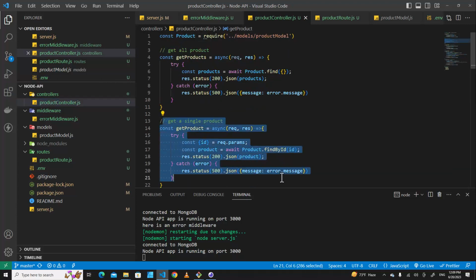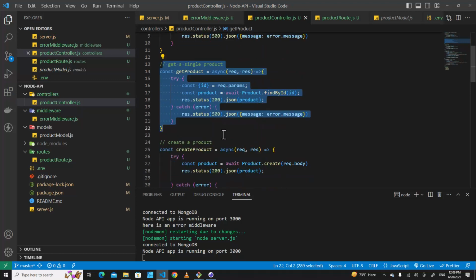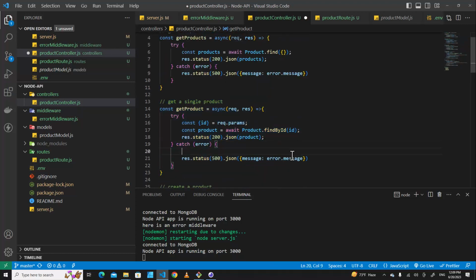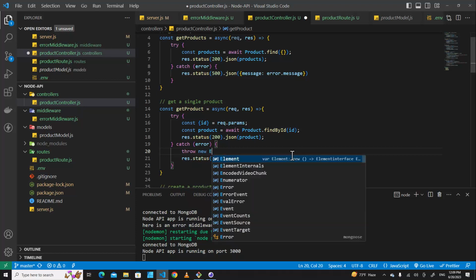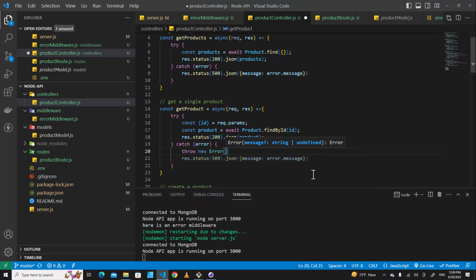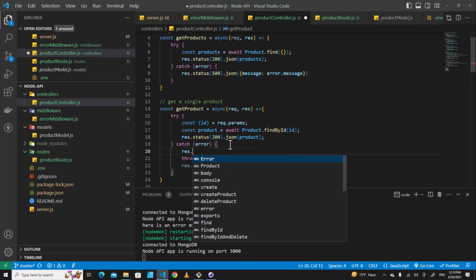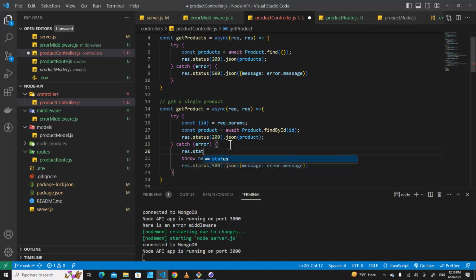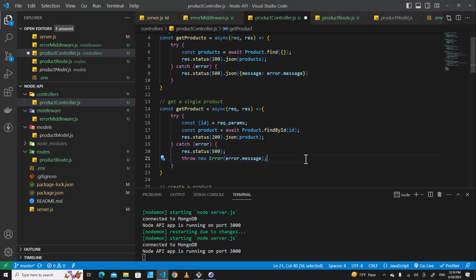Over here you will see this is controller, right? And we can put throw new error over here to test if throw new error works over here as well. Over here just put error.message. Okay, and then over here I can put response code res.status and then put 500. I can remove this one,